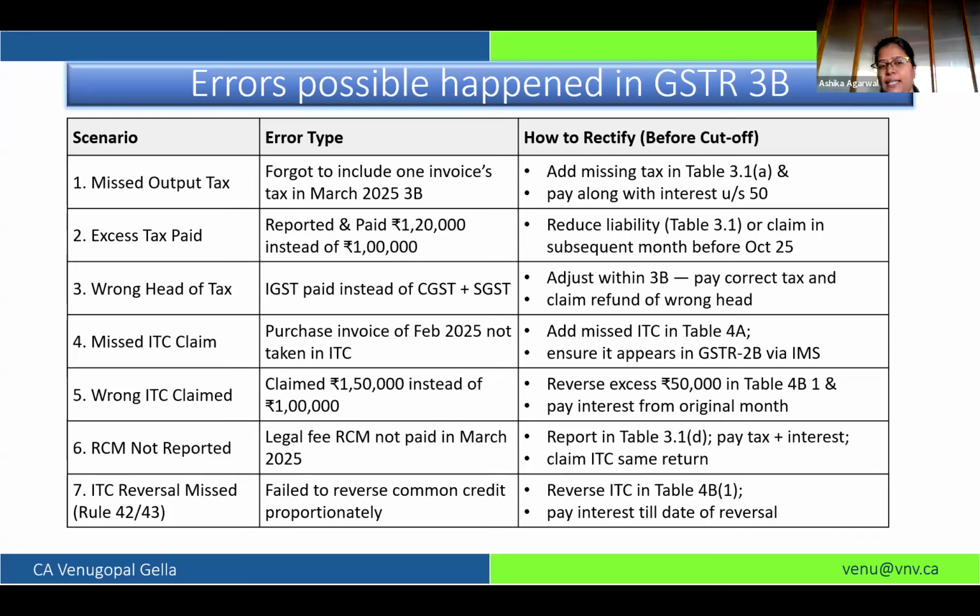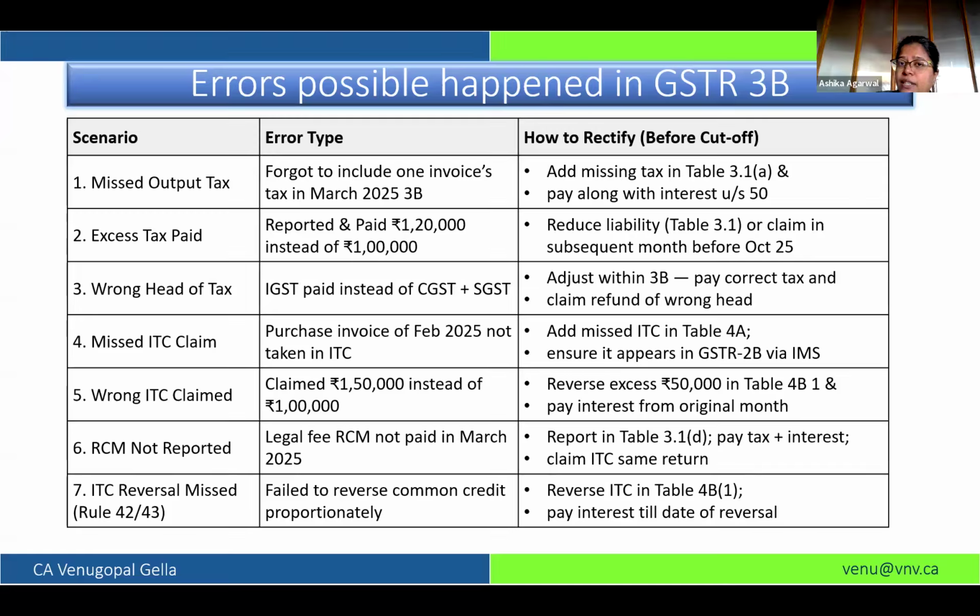And if there is any place where you have missed paying the tax under RCM, now you can disclose it in your GSTR 3B. The specific table is table 3.1D, where you can report the tax and claim the ITC. Here also it is important to understand, for ITC there is a time limit.